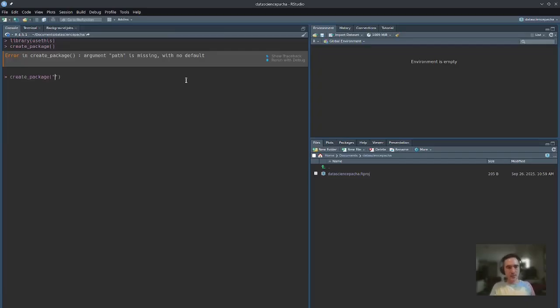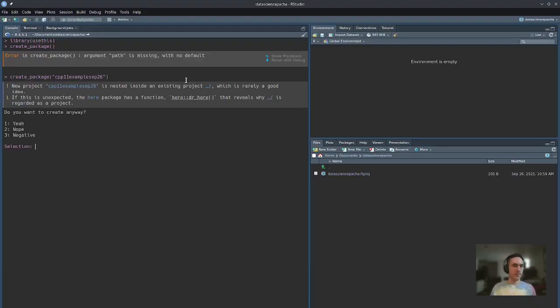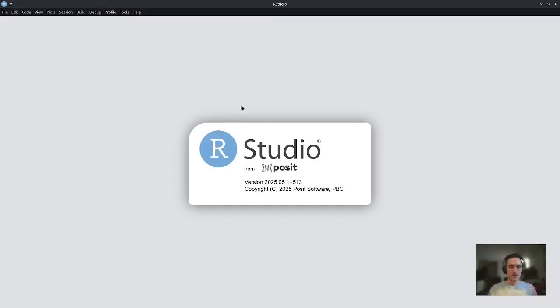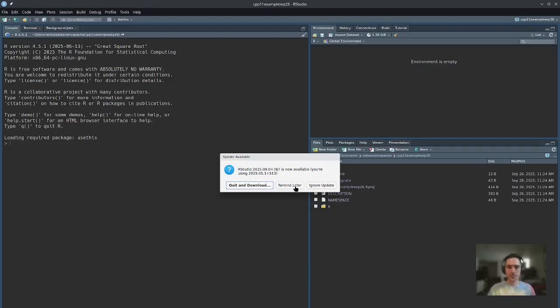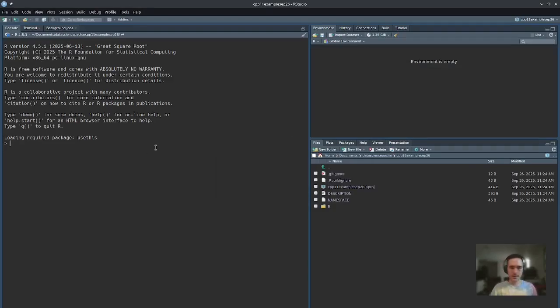So I need to define the name of this package, so it's going to be CPP11 example September 26. And now I define yes, because I want to create this inside my data science Bacha project. Okay, so now this opens a new project. Still using RStudio. You can use Positron, Visual Studio Code, any editor you like, or even the console, like Shell, Bash, anything. Okay, so here in this new project I will use this again,